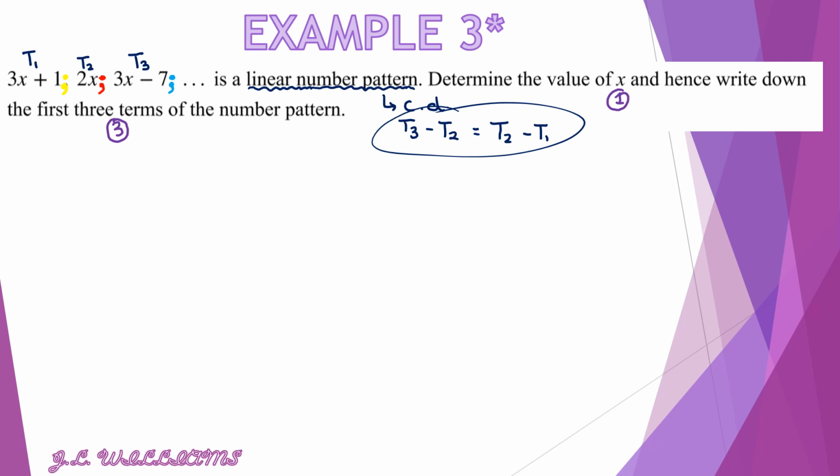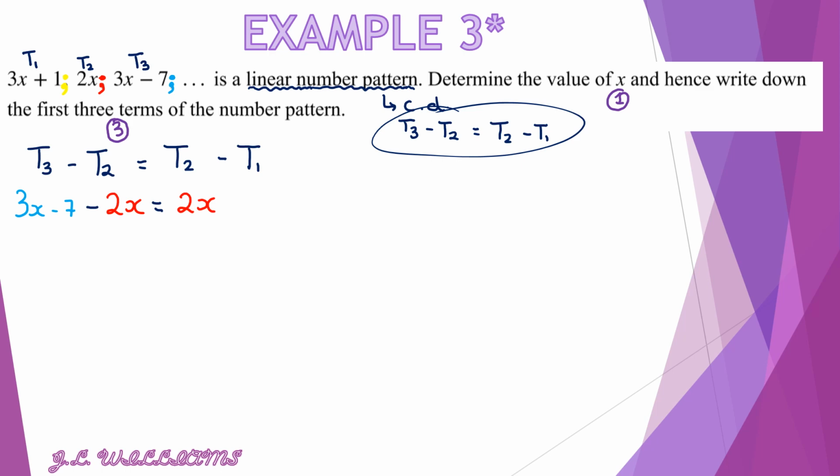Alright, so for us to get the constant difference, we can say term 3 minus term 2 is equal to term 2 minus term 1. Now I'm going to color code them the same way that I did in the beginning. And so term 3 is the blue one, 3x minus 7. And then we need to subtract the red term from the blue term. So then we say minus 2x, right? And that difference that we get in terms of x needs to be equal to the second term, which is the red one. So 2x